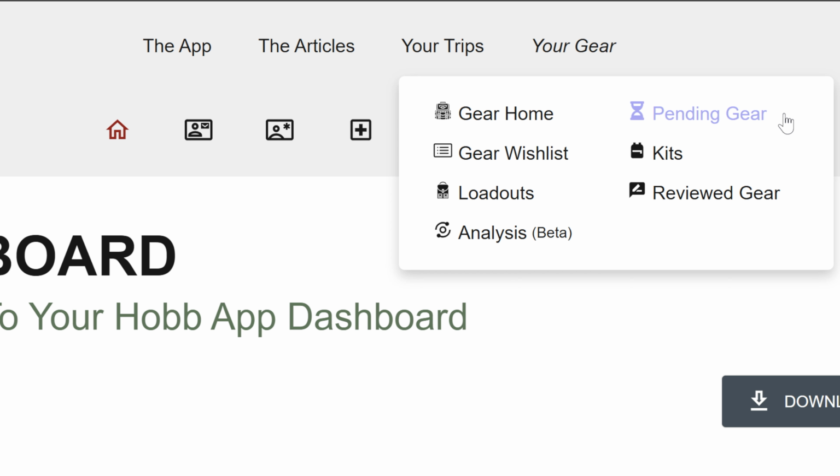The pending gear are for those items that you've ordered through our affiliate links but have not yet received. And the gear wish list are those items you might want to purchase in the future. The kits page is where you'll find a listing of all your kits and provides navigation to individual kit pages. Kits are groupings of related gear items, like a first aid kit being a collection of items used to treat